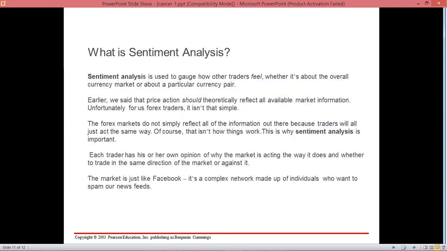So what is sentiment analysis? Let me just tell you what sentiment analysis is. Sentiment analysis is actually the way other traders feel. Maybe for example now,